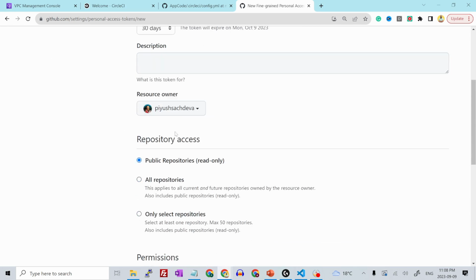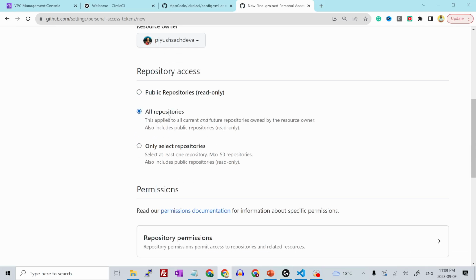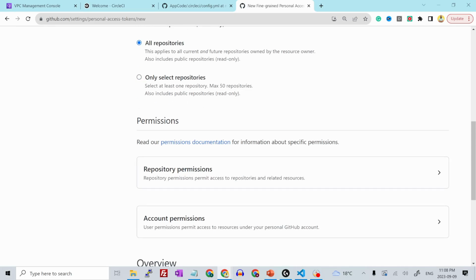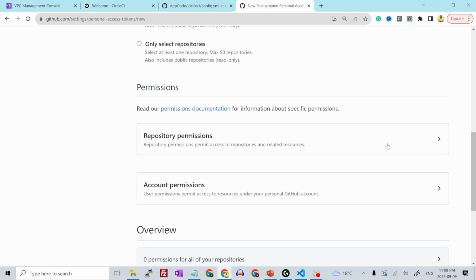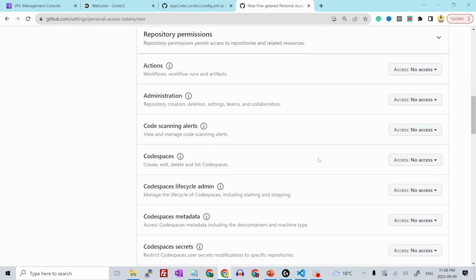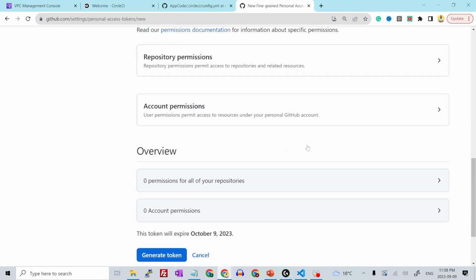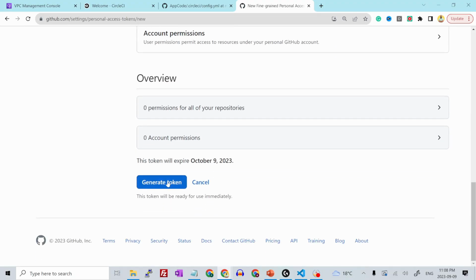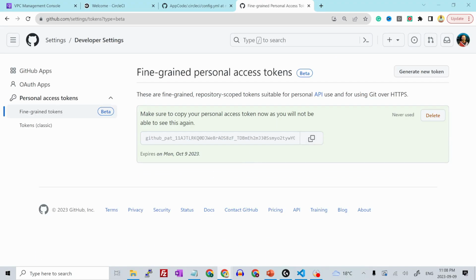Okay. Give it the public repository access. Okay, let me give access to all my repositories. Repository permissions should be okay. Let's keep it default, and we'll fix it if it throws any error. And then generate the token. Copy it from here and save it locally somewhere safe. Okay, now